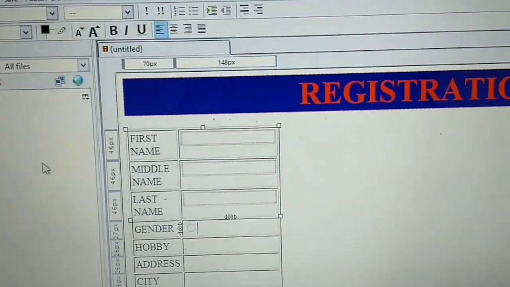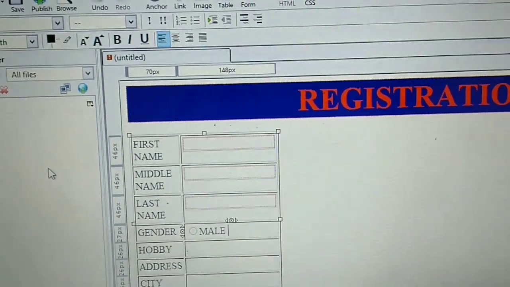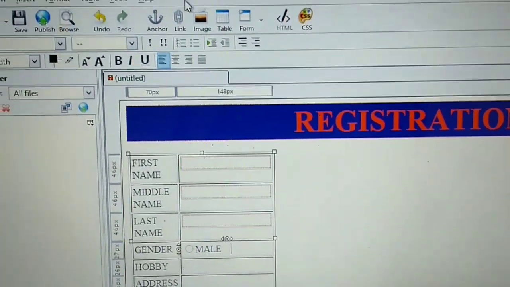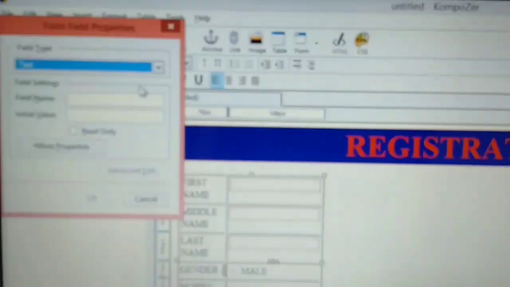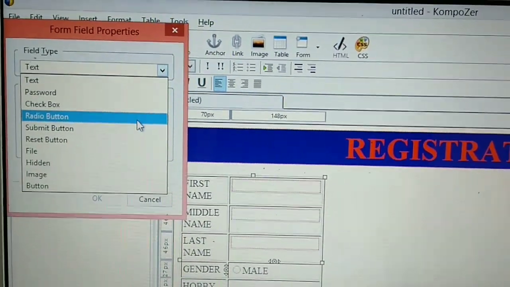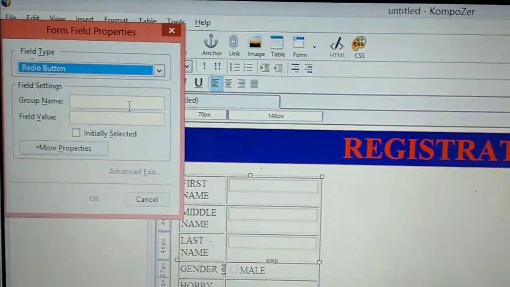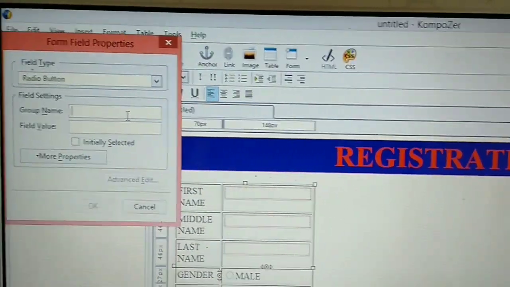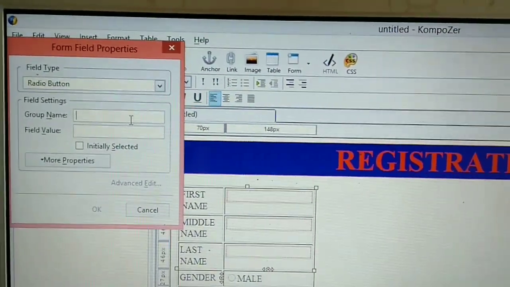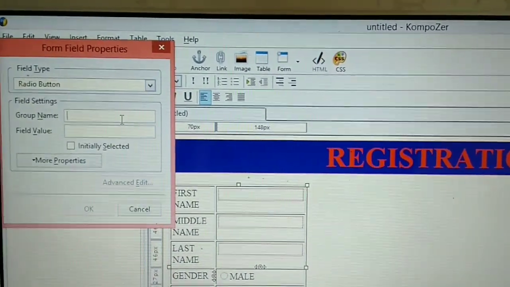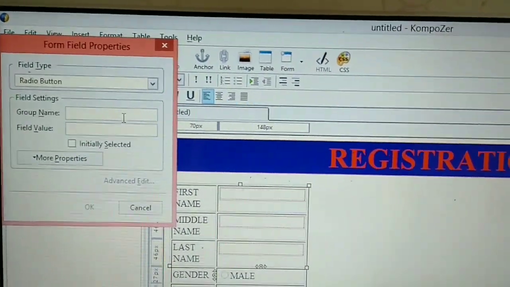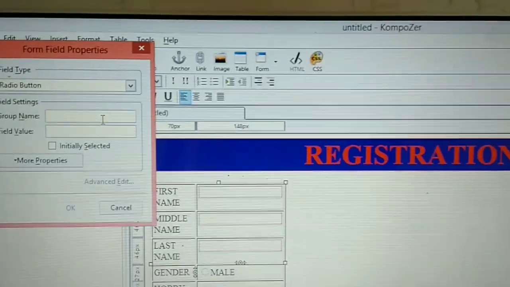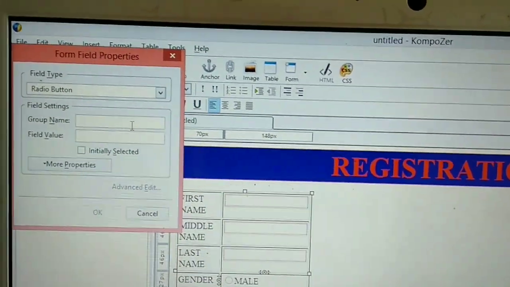So now can you see field name male and then OK. Can you see the radio button? Now write male. Leave some space. Again go form, field type, radio button, group name. Now mind well, radio button is a button in which you have to select only one button at a time. You can't select both of these buttons at a time. So you have to give the group name the same.